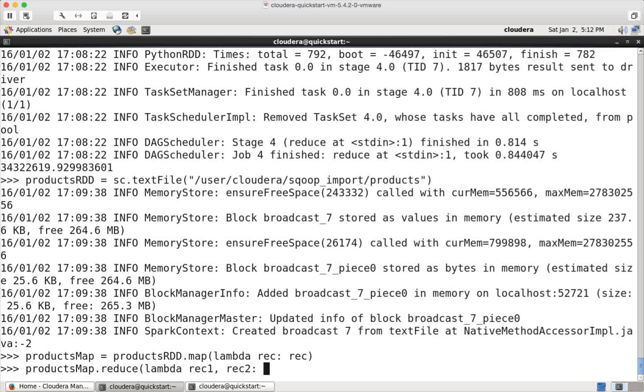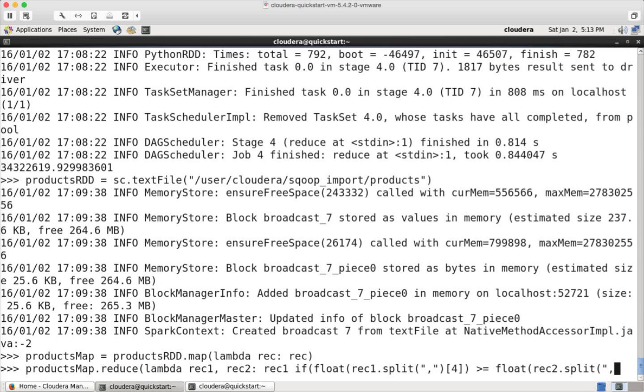So the way you can implement the if condition in a single line in Python is it will be like x if x greater than or equal to y, else y. So it's a little bit different from other programming languages. Here I want to return rec1. The condition is if rec1 dot split on comma, which is our fourth item, and we have to typecast to float, otherwise it will compare as strings. So you have to be very careful with this. You can make mistakes. If it is greater than or equal to float of